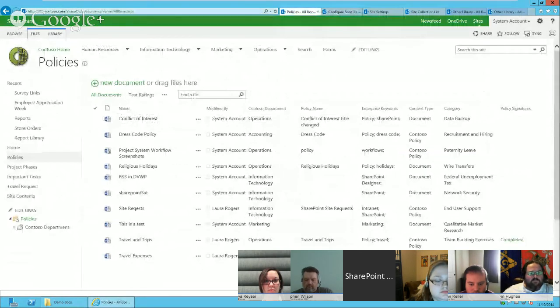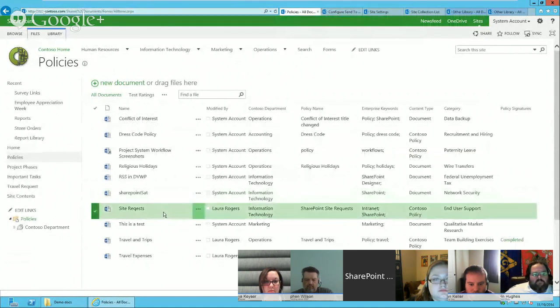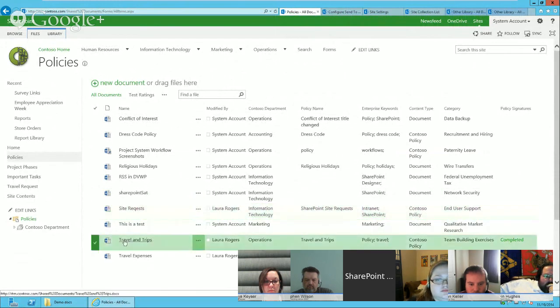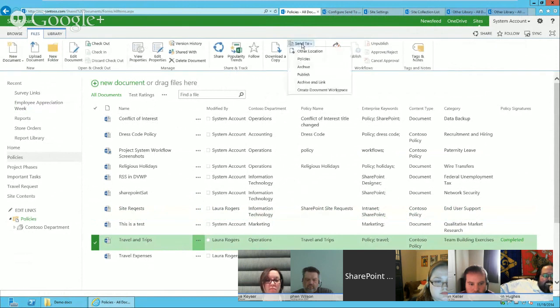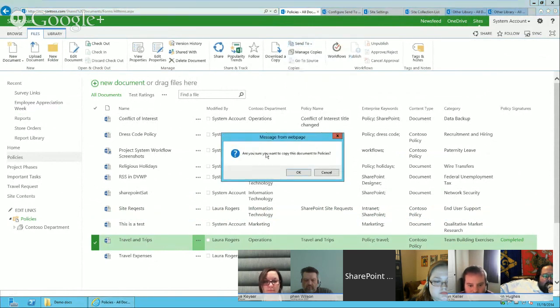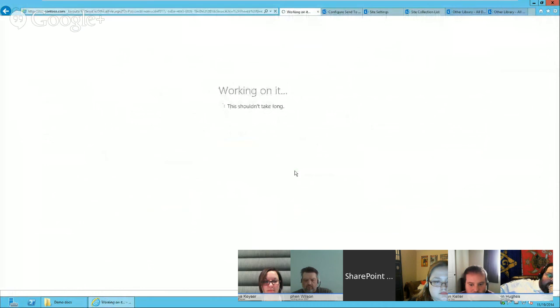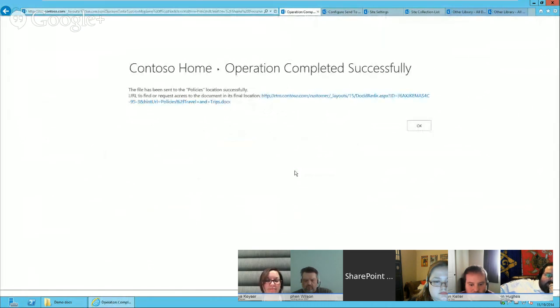So this is some policies in a library in SharePoint, but I also have a send to location called policies, which maybe I'm going to make that where archived policies go or something like that. We'll just pretend that's what it's doing. So I'm going to say travel and tips, and I'm going to do the policies rule, send to location, and that's going to do a copy. Are you sure you want to copy this document to policies? Okay. All right, this file has been sent to the policies